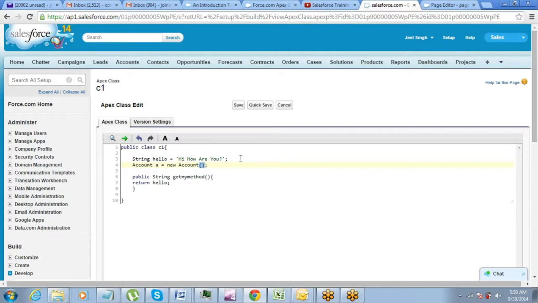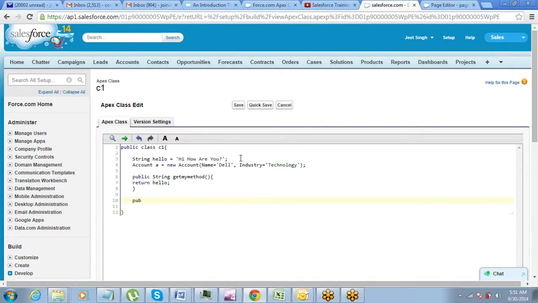And you say name equals Dell, industry equals technology, right? Then you have to define a method which can return the value for the account.